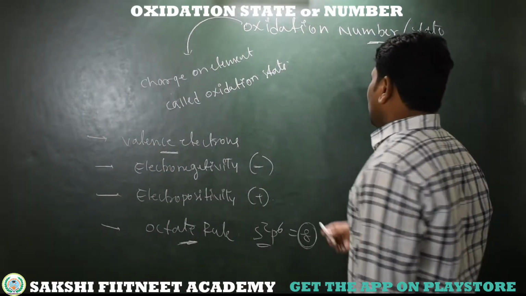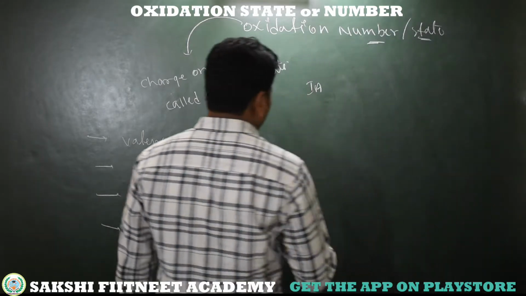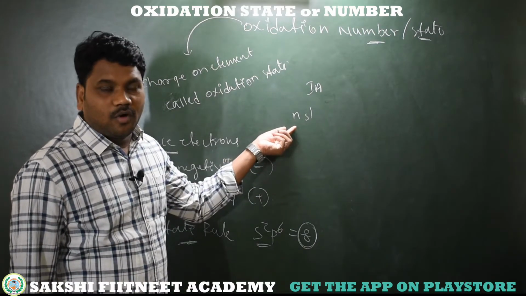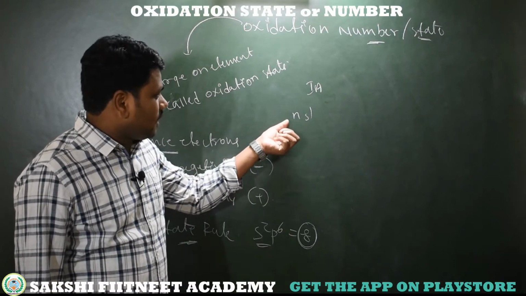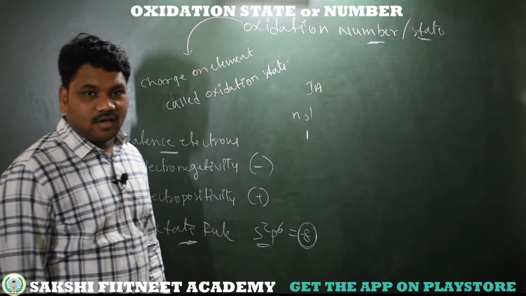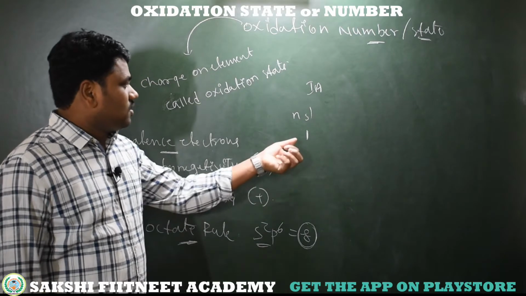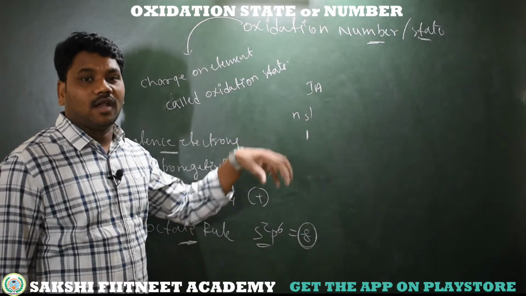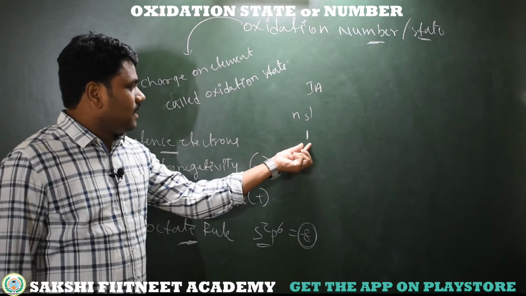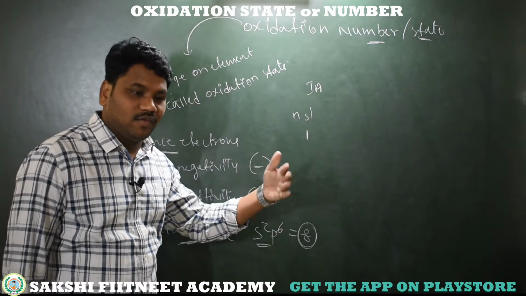See here, first A group elements. What is the common electron configuration? It's ns1, and they show more electropositivity. ns1 means the number of valence electrons is only 1. To attain 8 electrons in their valency shell, these first group elements would have to gain 7 electrons, so it's not possible. That is why these elements are ready to donate this 1 valency electron, and they attain stability with the inner shell.